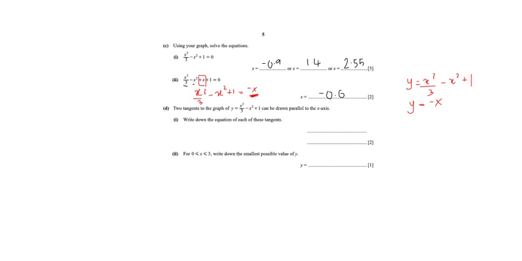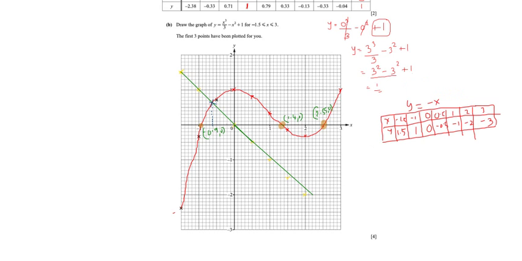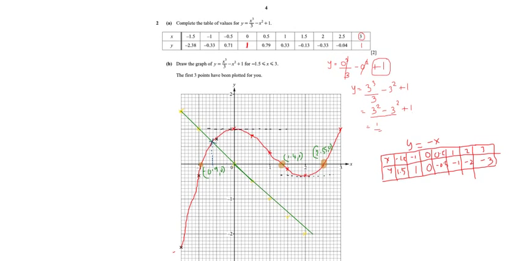Two tangents which are parallel to the x-axis. So I think there is one which is possible at 1, like when y is equal to 1, here, just marking it here. This can be a tangent because it's turning there, and the other one could be at this point when x is equal to 2. So at what points are they passing through? So one is like, okay, so at this point